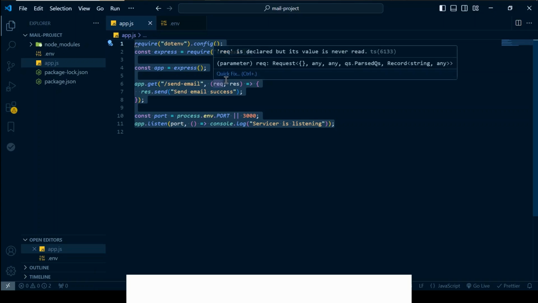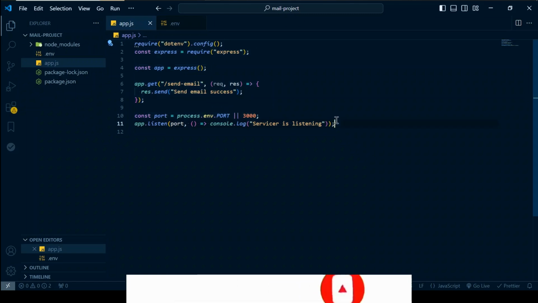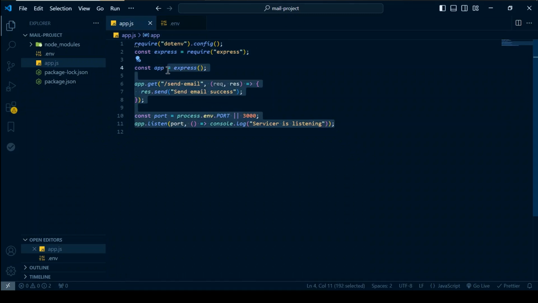Today I will show you guys how to implement sending email with Node.js and Express.js. First, let's review the project structure right here. We have an app created by Express and we have a router to send the email. So that looks very simple, right?